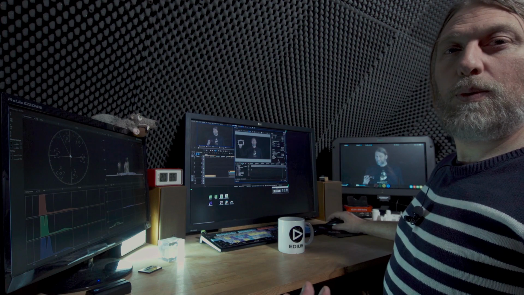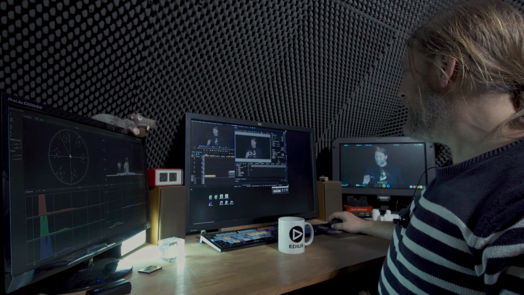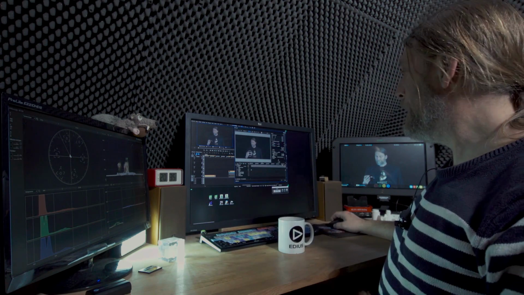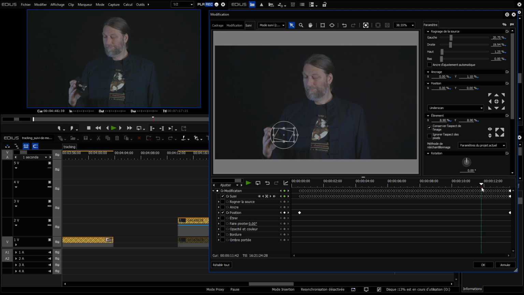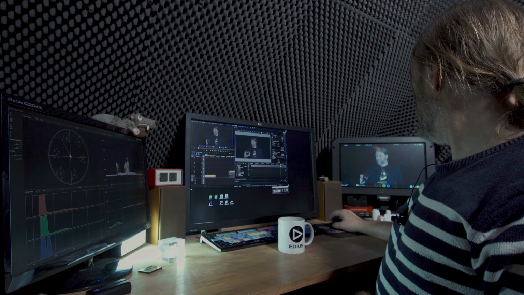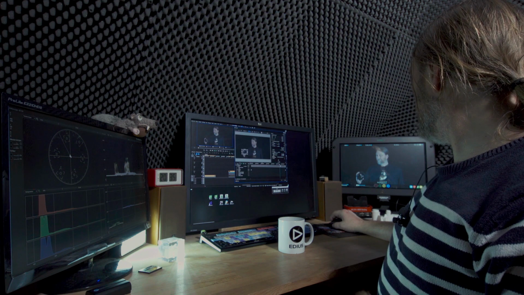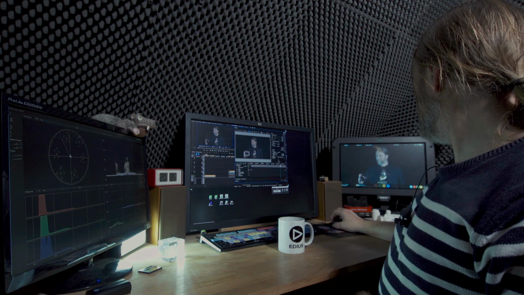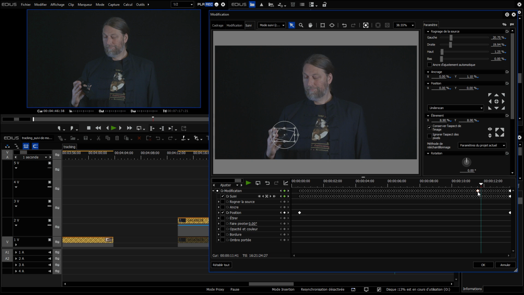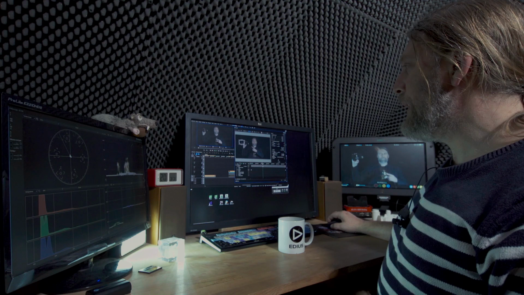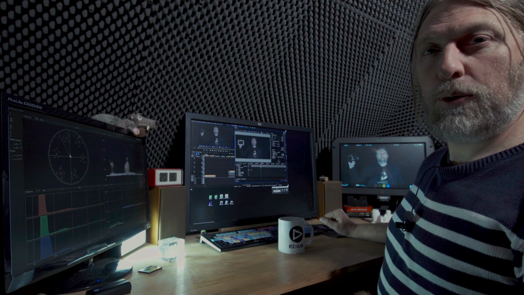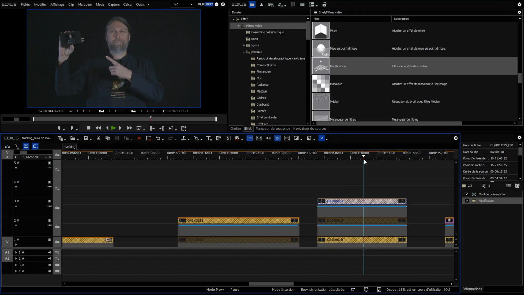Of course, it's a bit more complicated if I flip the screen towards me. There would be a way to take control of the orientation to make it run in 3D and make it disappear when I turn the screen. We could optimize this without any problem directly within Edius. But the goal isn't to show you that, knowing that I still have a small bonus to show you.